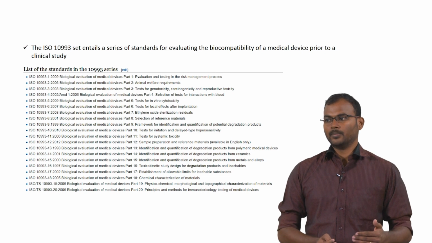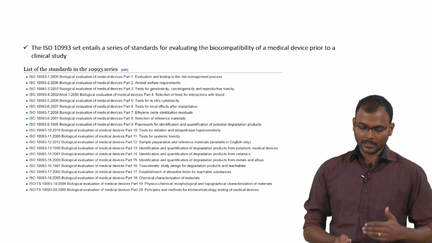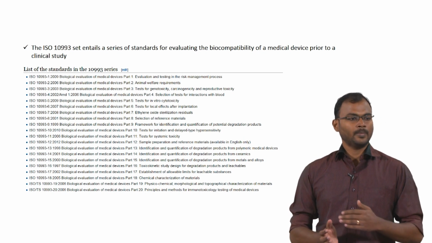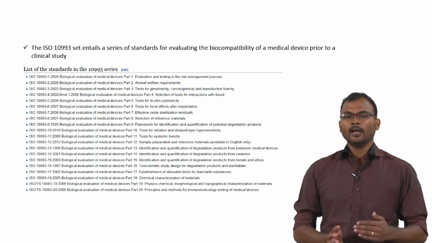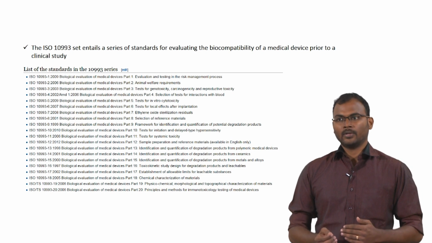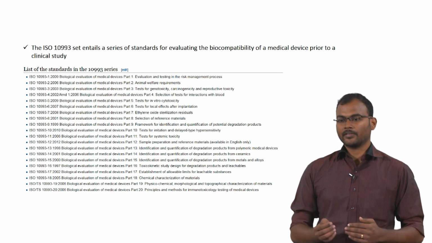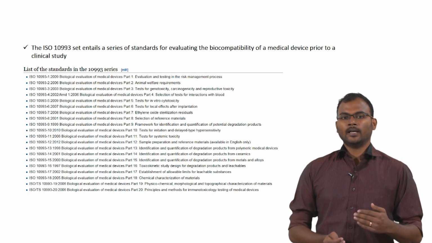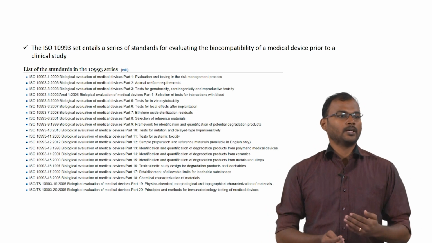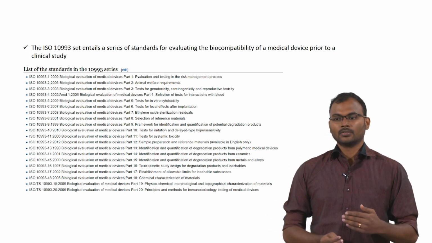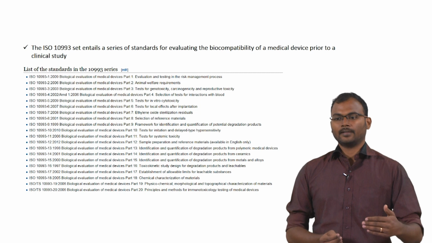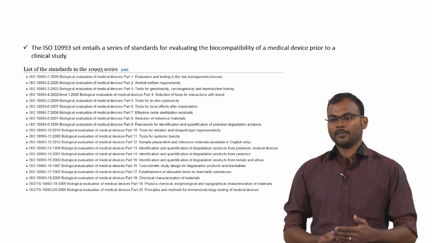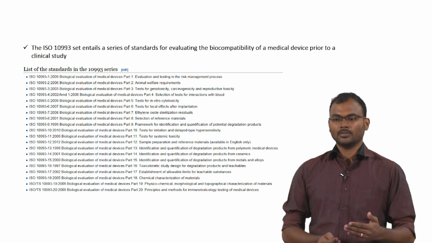for characterizing the biological compounds. If all this characterization has been done, then you finally have to go to in vivo. In vivo is similar to in vitro, but after implanting into an animal model, you have to sacrifice the animal, take the sample out again, and check the histopathology surrounding the implanted device. Again, you check how many cells have adhered onto the surfaces and whether it has caused any immunogenic responses. All those things you have to do.